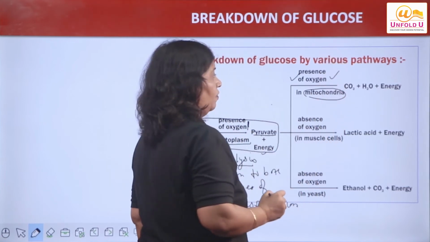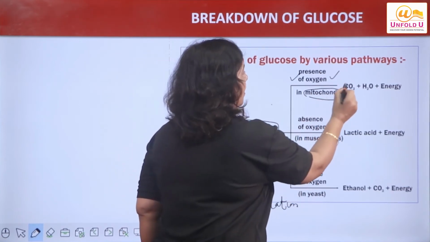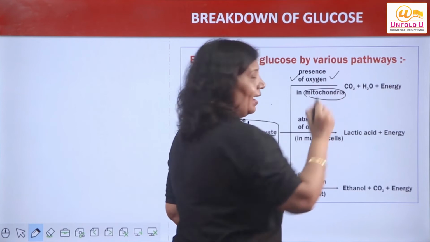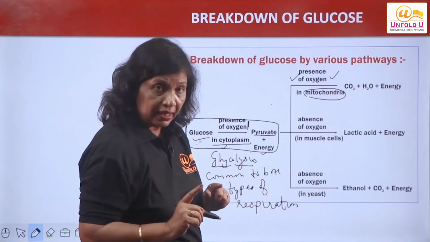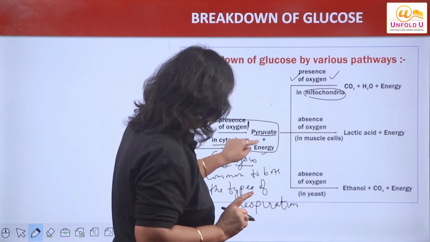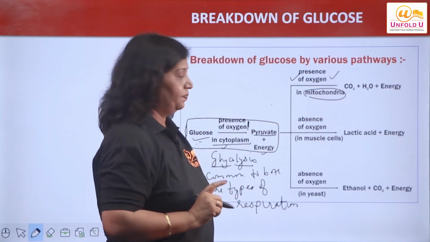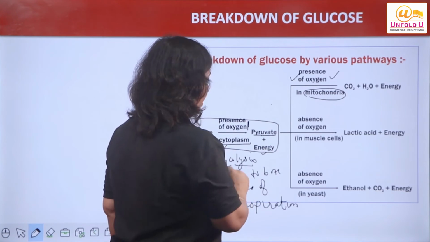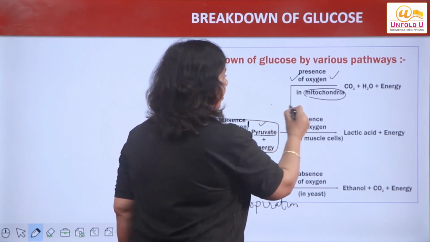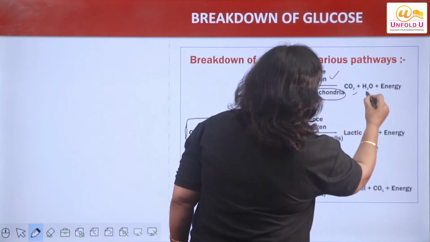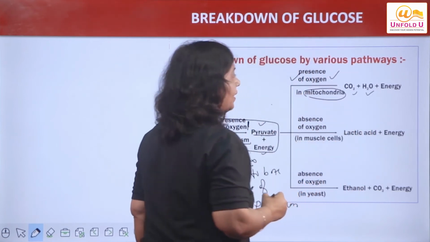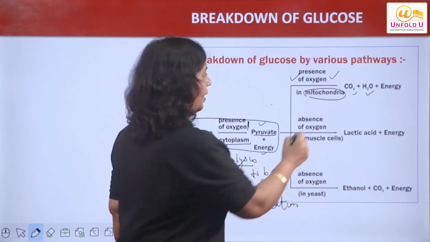Again in the presence of oxygen forms carbon dioxide, water and energy. Is that clear? अगर aerobic respiration है तो ये सारा presence of oxygen में चलेगा रिएक्शन। क्या? ग्लूकोज पहले पाइरुवेट में ब्रेक डाउन करेगा। पाइरुवेट विल ब्रेक डाउन इनटू वाटर, कार्बन डाइऑक्साइड एंड एनर्जी।